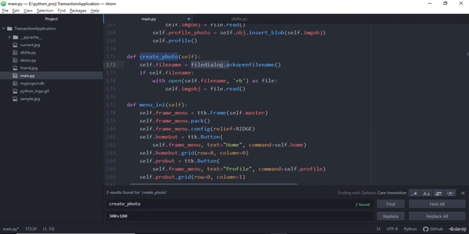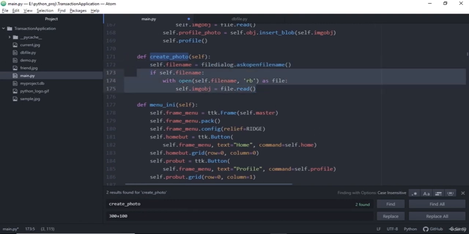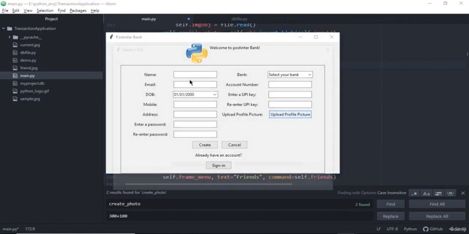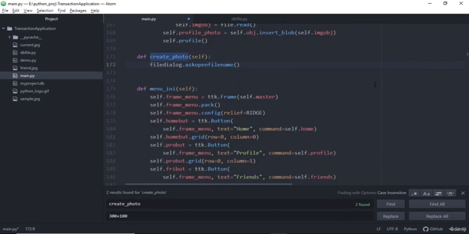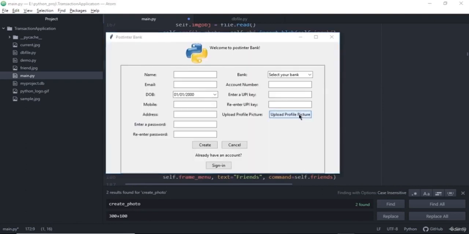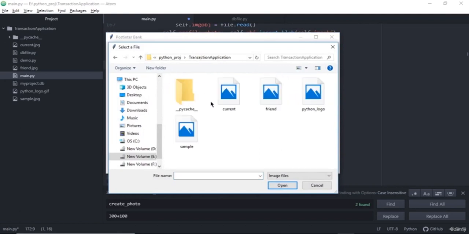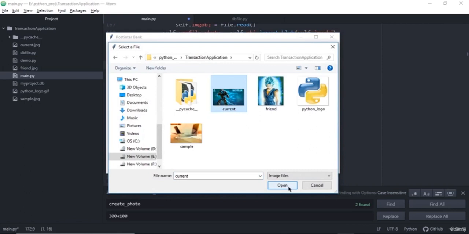So filedialog.askopenfilename, you just need to call it. So assume that you don't have anything here, it will still work the same, like it will open the dialog box and so on. So the extra configuration is, first I need to have the file name of the file that the user is uploading, right? So I'll just store the file name. So if I click on any file here, for example this file, and open it, I just need to know the name of the file, for example current,